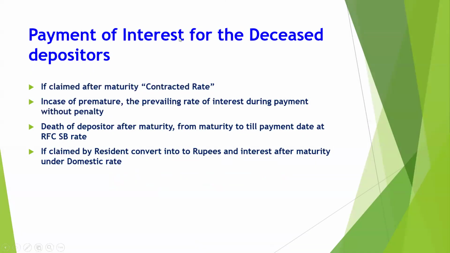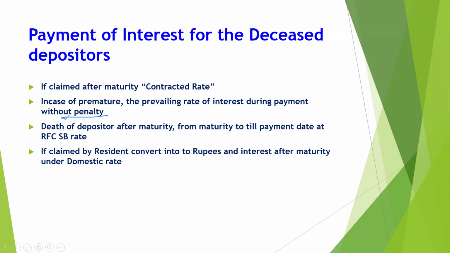Payment of interest for the deceased depositor. If the claim is after maturity, the contracted rate applies. So if after maturity they are claiming, then the contract rate will be paid. In case of premature, the prevailing rate of interest during payment, without penalty. So here you can remember that